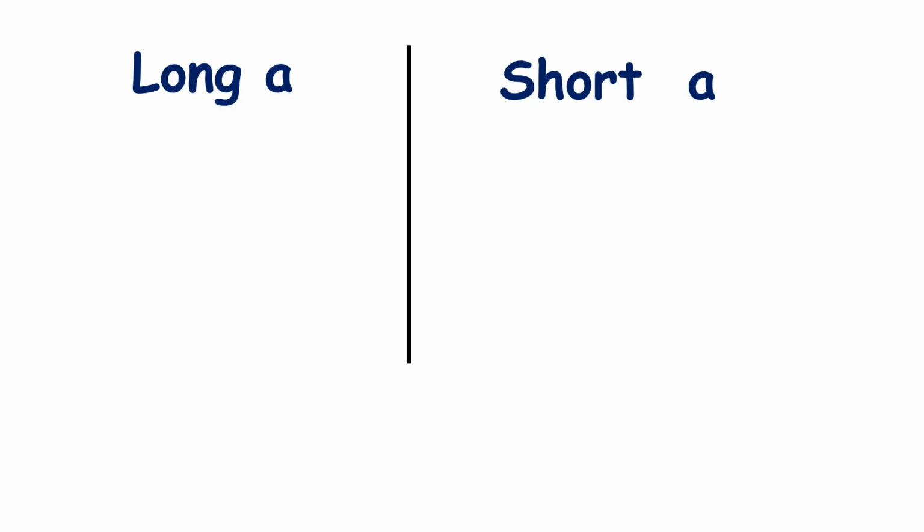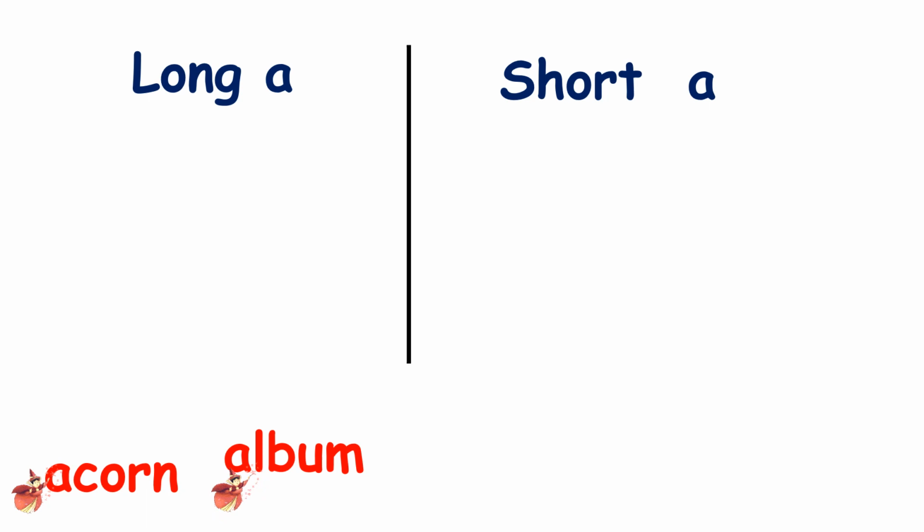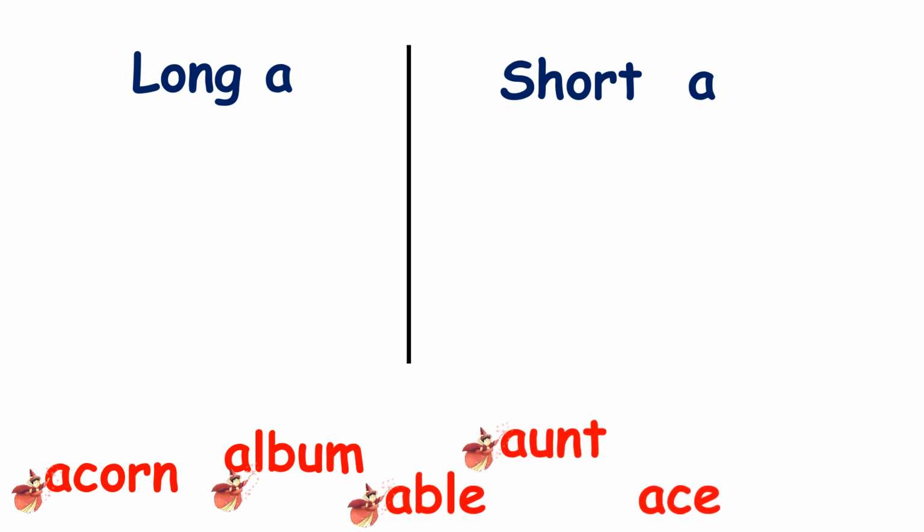This is an exercise you will do in your books. So here I have the words. We have acorn, album, able, ant, ace, art. And you are going to put these words in the correct column. Remember, you have to listen to the sound. The long A says A, you hear the name of the vowel, and the short A says ah. So you will pause the video and you will continue to the next slide when you are finished doing this